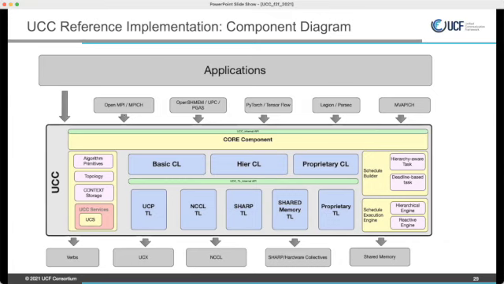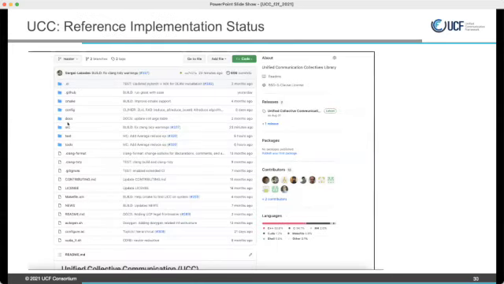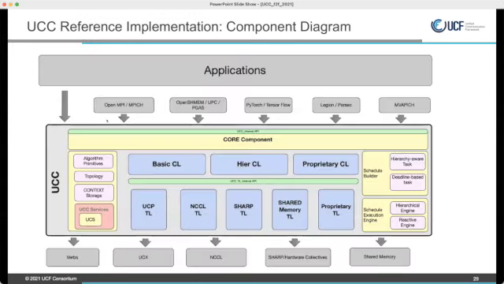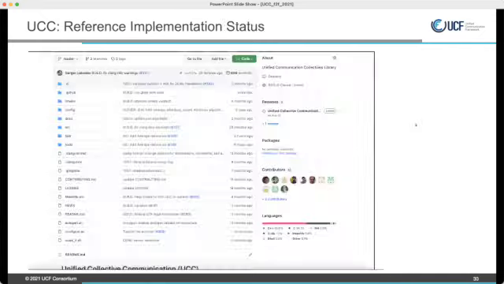So here I'm showing how the programming models can use it. As I mentioned, the UCC API is rich enough and also simple enough for applications to use. Today we have integration with OpenMPI, SHMEM, and PyTorch. Of course, we think one can integrate it into task-based programming models, or MPICH can use it, for example. So this is basically showing that we are a very active project, and there are a lot of updates.